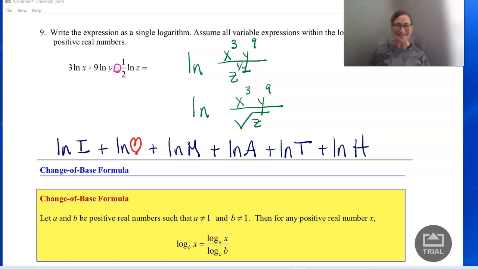Of course, you got natural log I love math. Okay, no fraction because there's no subtraction signs. All right,